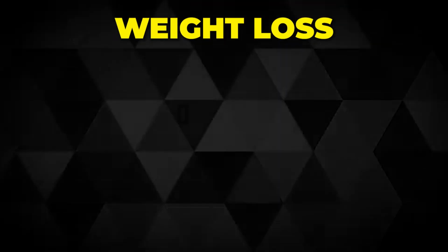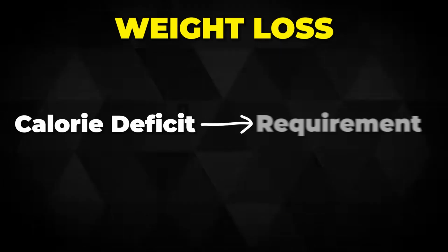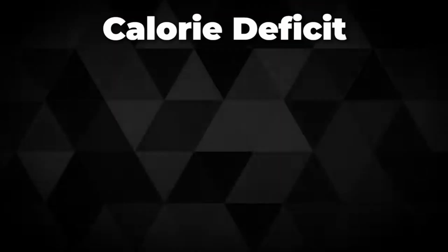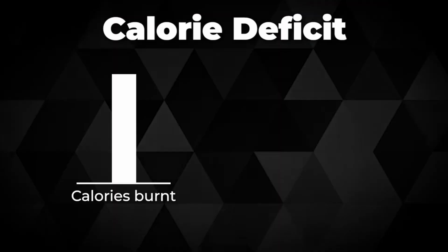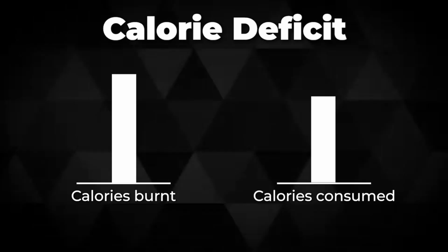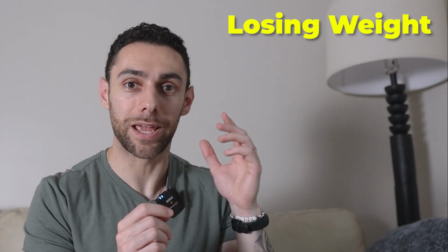The third thing that is true is going off the back of that, which is that when it comes to weight loss, being in a calorie deficit is a requirement. And creating a calorie deficit, which is burning off more calories in a given day than you consume, that's done the majority through nutrition. So when it comes to the goal of losing weight, think of in your head that